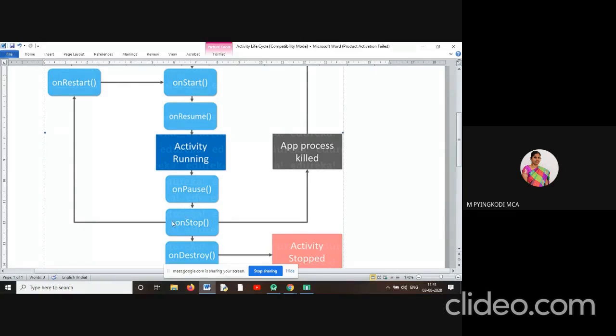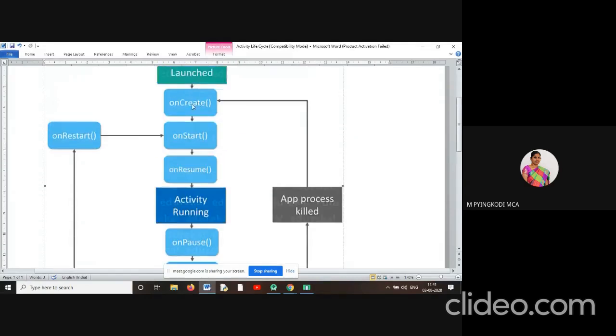Next, you use one more activity, which will be run with the help of on create, on start, and on resume methods. Now when you come back to the previous activity which you used, it will automatically call the on resume method, not the on create or on start method.